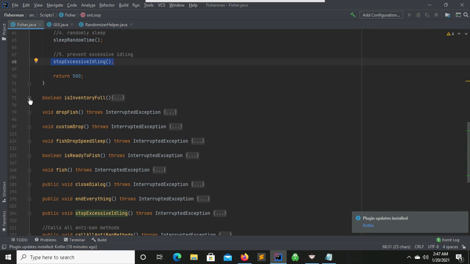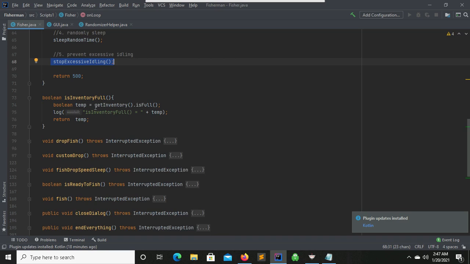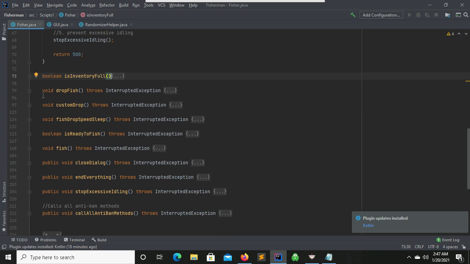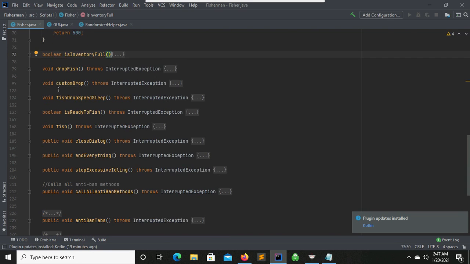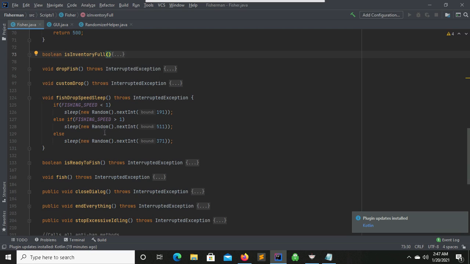Okay, so how do I check if my inventory is full? Well, that's a very easy method right there. You do getInventory, and this will create an instance of your inventory, and it'll check if it is full. And if it's full, obviously you're gonna drop the fish. I've already showed you my custom drop. Fish drop random sleep. I believe this is just a